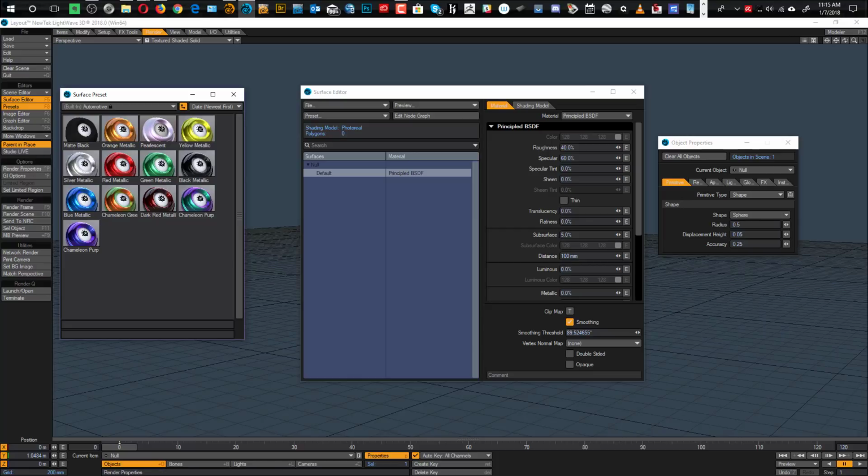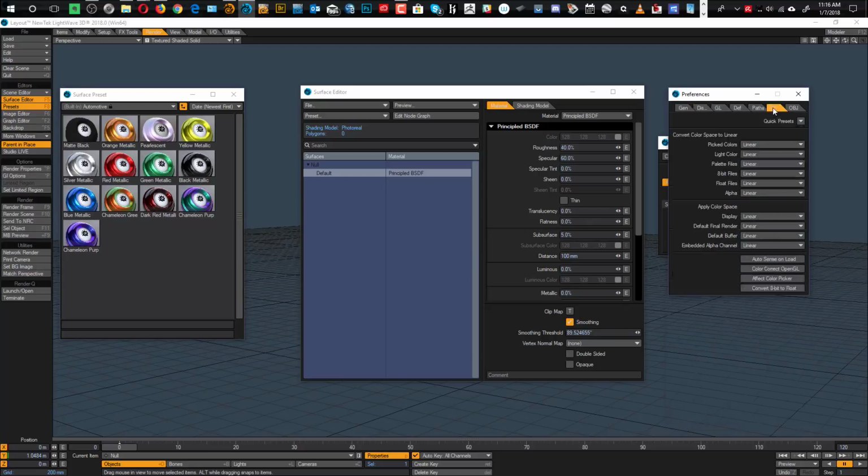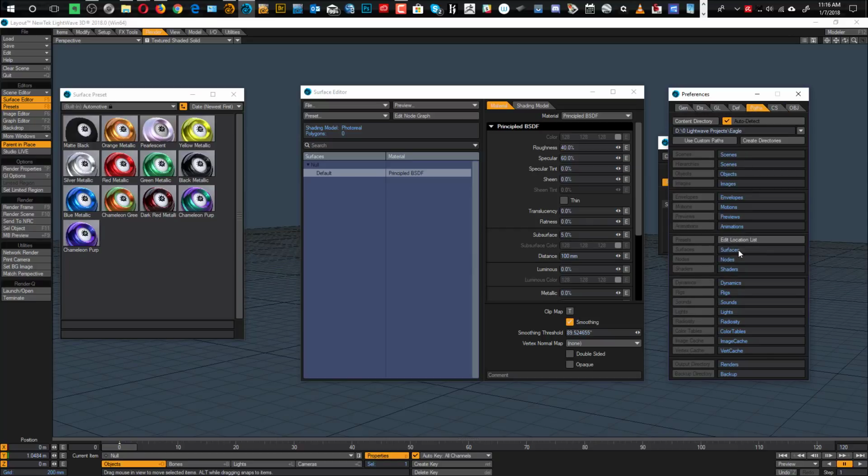So this is the edit location list. It used to be just one location. That was it. But now it's multiple locations. You can just keep adding more locations. This default save location, since I've set that as my default location, if I go to the surface editor, so